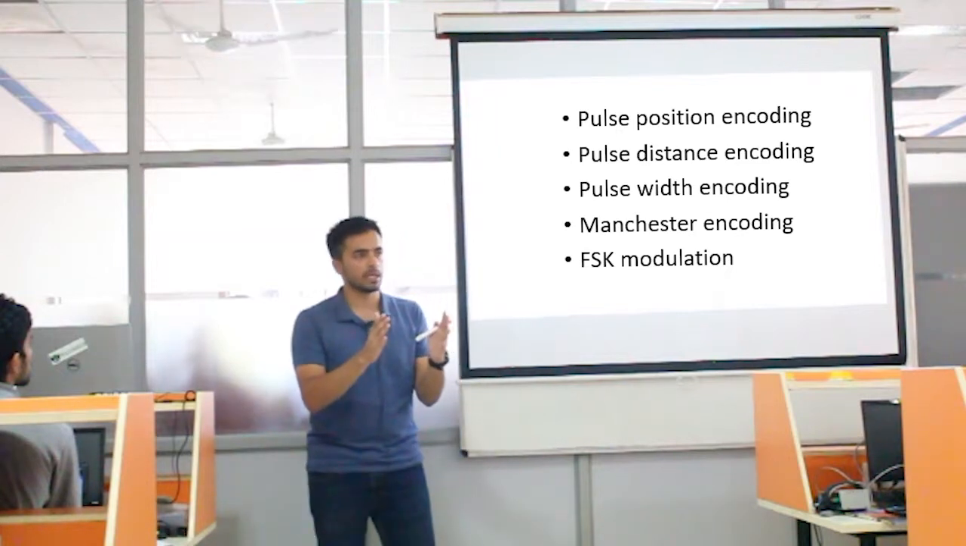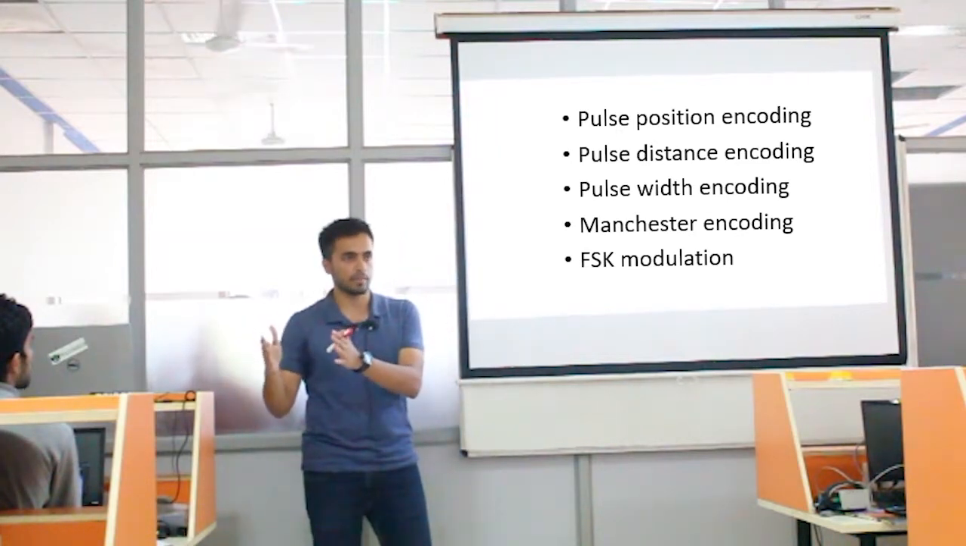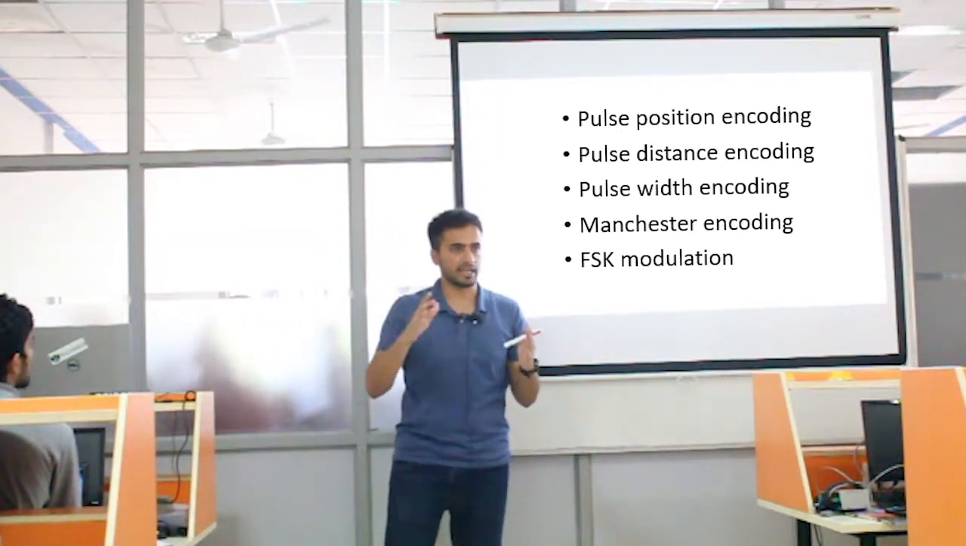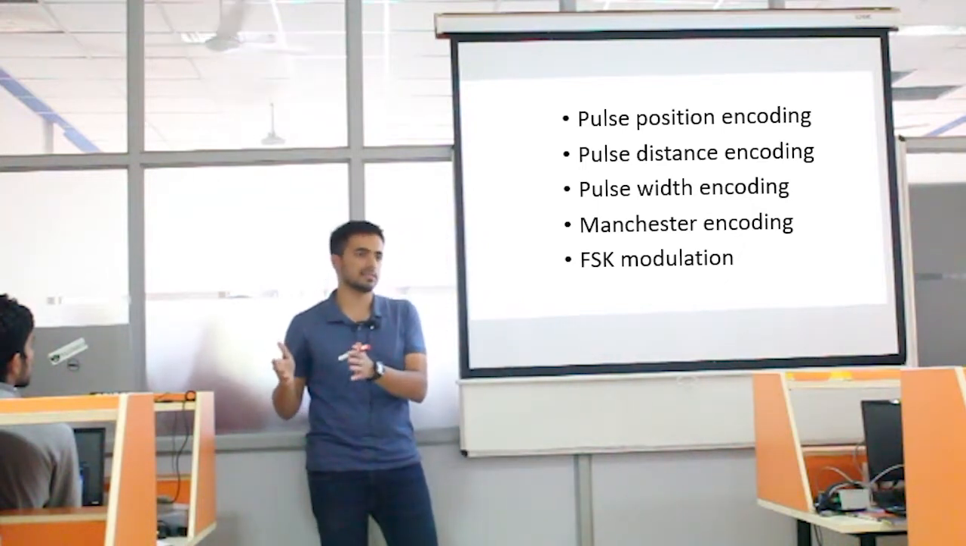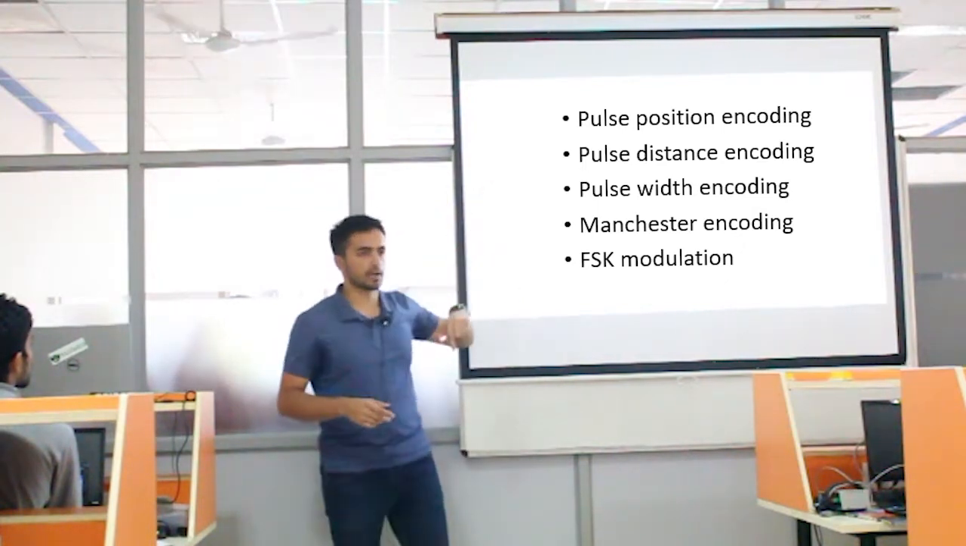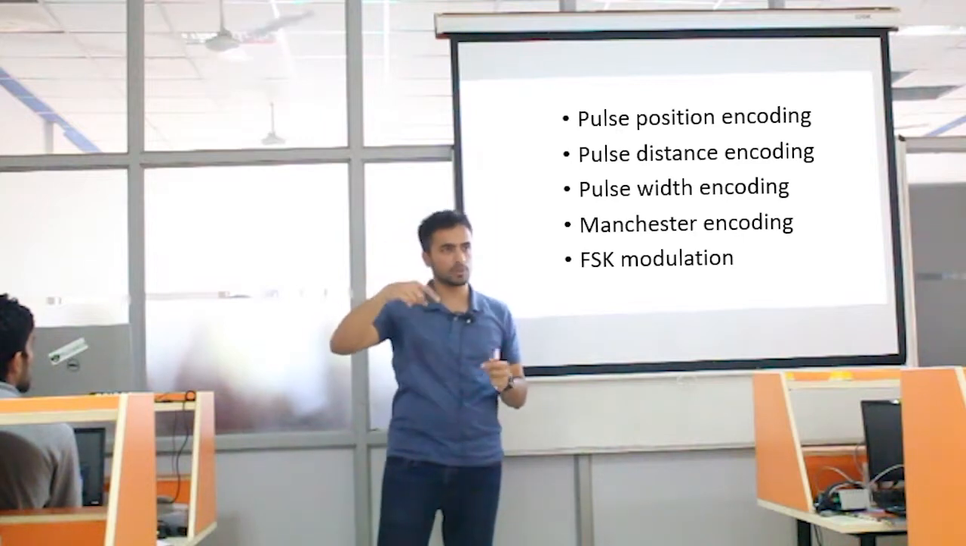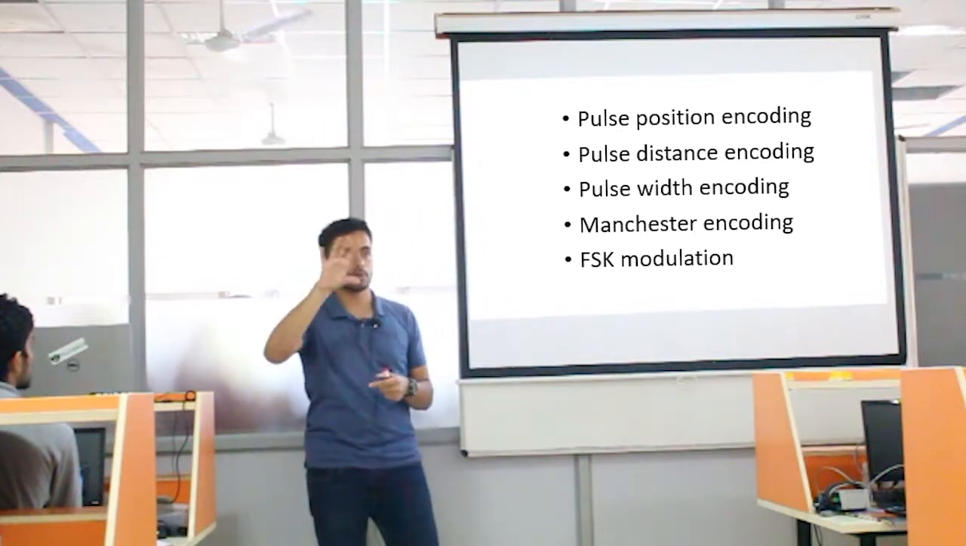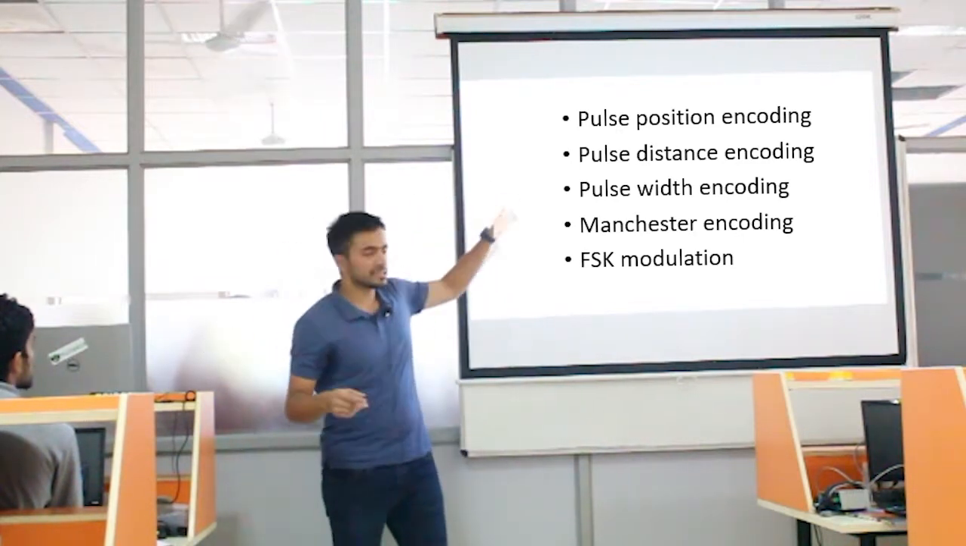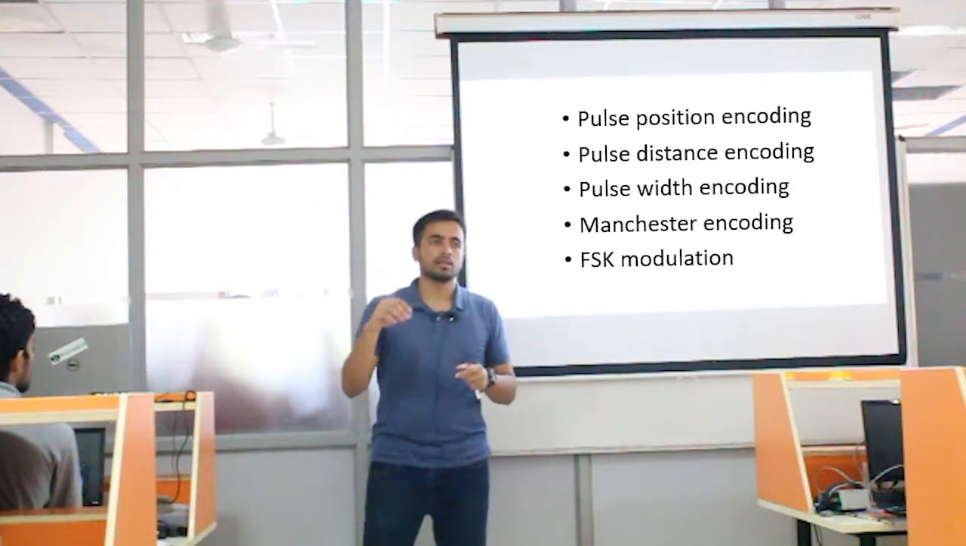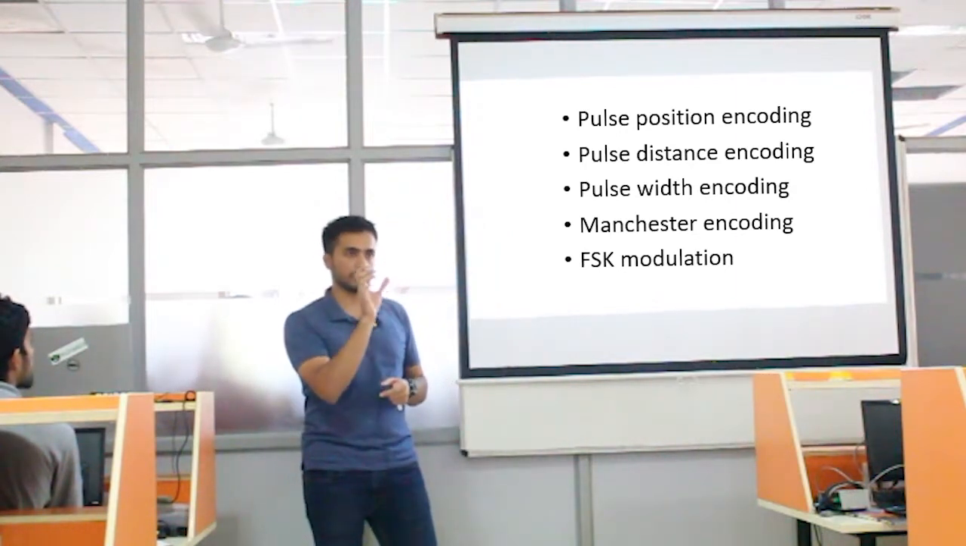It is flickered for some time, and then nothing is done for some time. Whenever there is a flickering IR LED, that is a 1, and when nothing is done, that is a 0. This is pulse position encoding. Based on where the pulse is, you tell whether it is a 1 or 0. In pulse distance encoding, the LED is flickered for a fixed time,